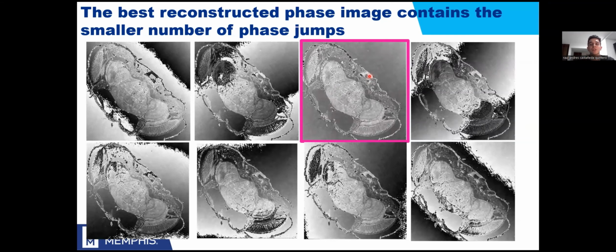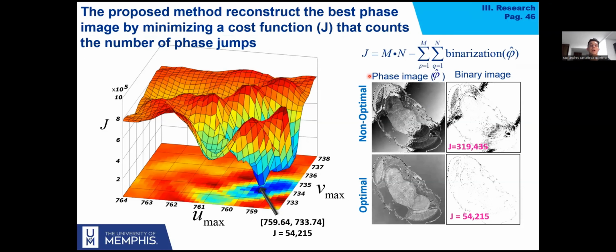We take advantage of this situation to implement a cost function, in order to track that for the best reconstruction, we obtain the minimum possible value of the cost function, right? Let me explain the cost function. In the cost function, we have two terms. The first term is the multiplication of the number of pixels in the X and Y axis. And the second term is